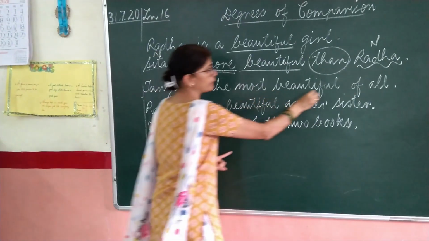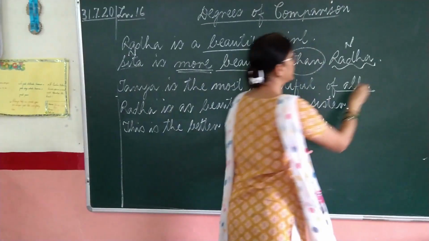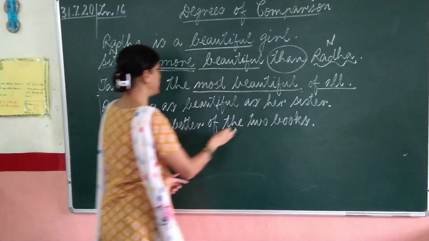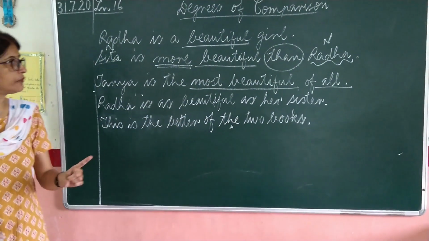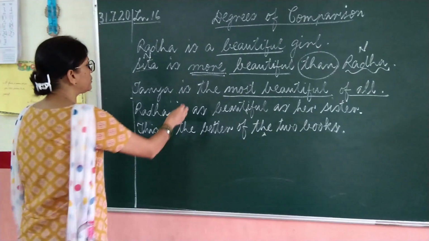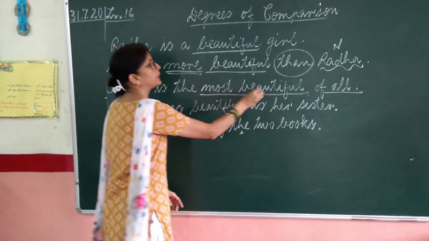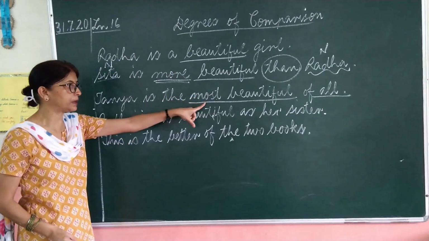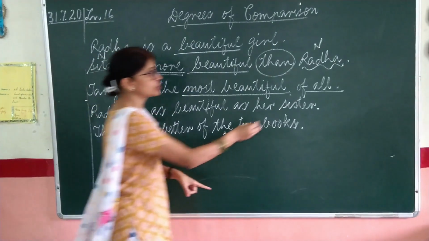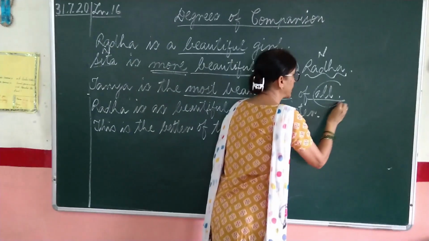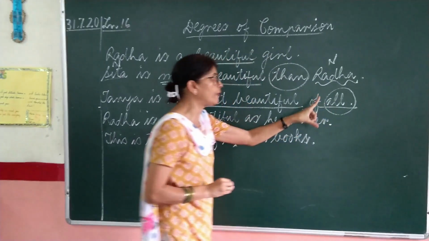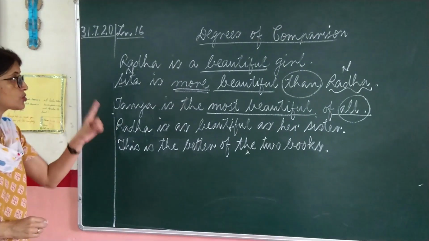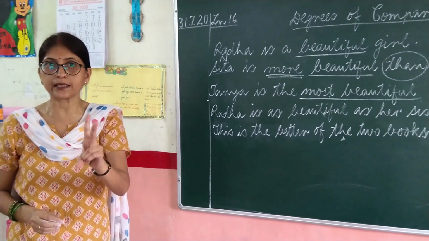But see over here. Tanya is the most beautiful of all. No, Tanya is compared among all the girls. Okay, and I have used superlative degree. And the very common error which you children make is that the moment you see "the" over here, you write superlative degree, though it is not the case. "The" is not the guarantee for superlative degree. Okay, you have to check the comparison. Here it is mentioned "of all". That means it is exceeding number 2. Comparative degree is used only when two persons or two things are compared.